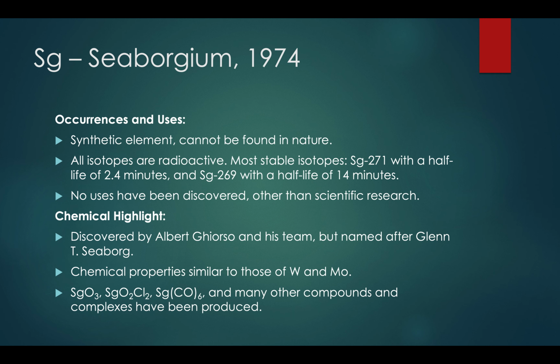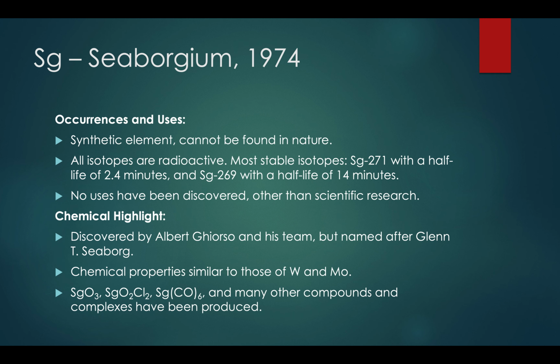Seaborgium has an interesting track record, so it deserves to be highlighted. In 1974, a team in Russia claimed they produced element 106. That same year, in Berkeley, California, Albert Ghiorso and his team produced the element with a different method. The researchers in Berkeley proposed that element 106 was named after Glenn T. Seaborg,